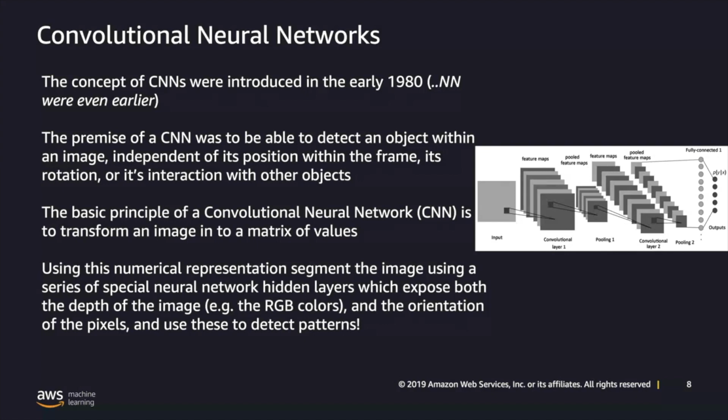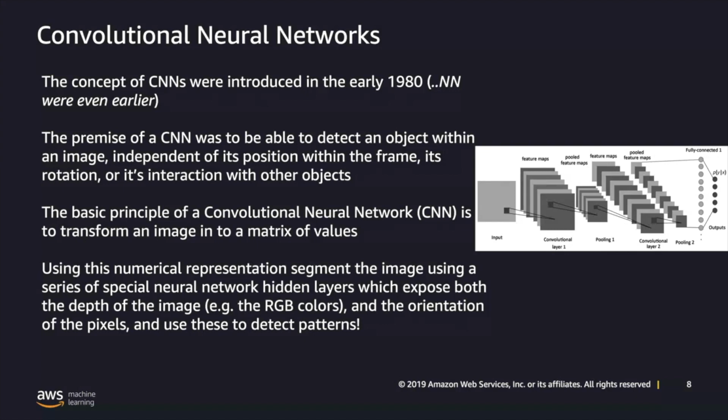So let's move on to convolutional neural networks. I'm going to give you the background on this one. I say here CNNs were introduced in the early 1980s. CNNs were being studied way before this. Neural networks were being studied in the early 1930s. They were conceptualizing how you take the human synapse, or the brain synapse, and model that in a computational manner. Now, I don't want to go into the background of that, but effectively the premise of this